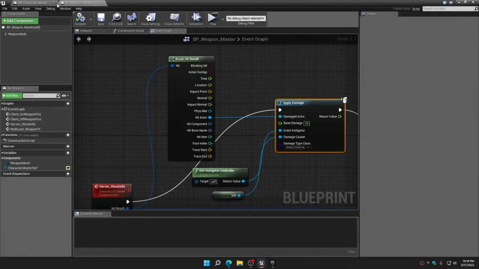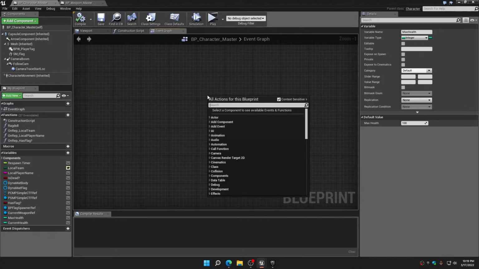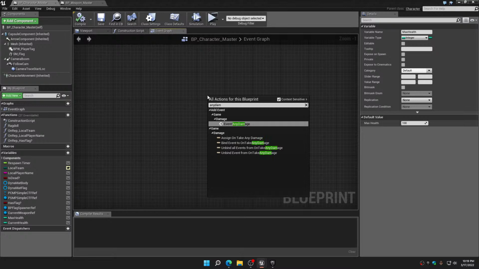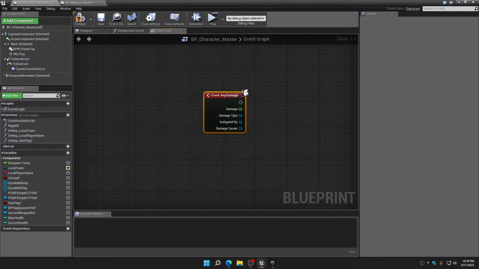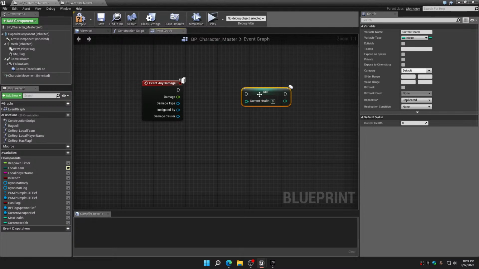Back inside the character master blueprint, there is a node built in here called any damage, and it's called event any damage. And this event is set to run on the server by default. That is what this little icon here in the upper right hand corner indicates. So what we're going to do is set this current health,